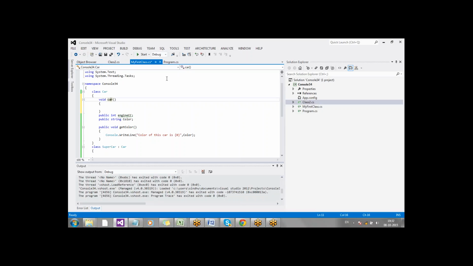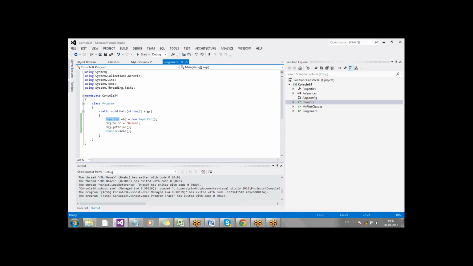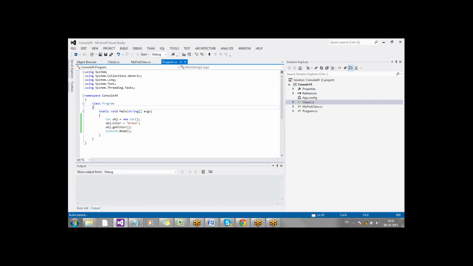Good. So now let us see. Console.WriteLine. Fine. And I'll create an instance of Car instead of SuperCar. So let's see what will happen.